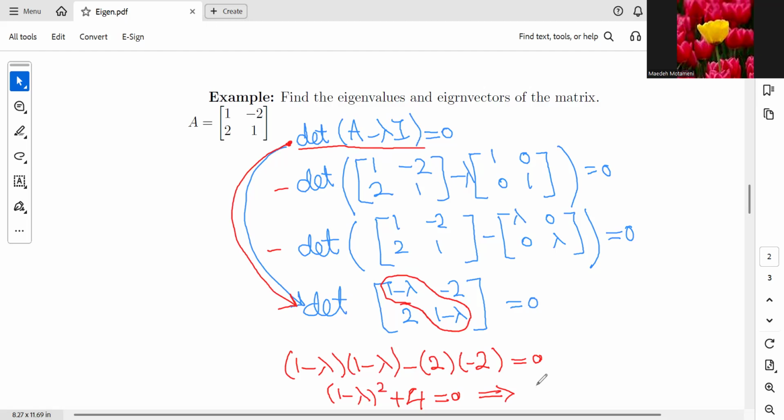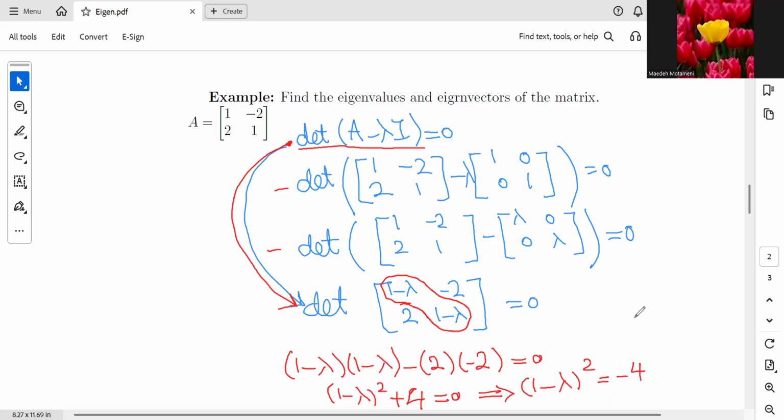We can subtract 4 from both sides, so we're going to have negative 4 here. We know that the square of whatever we have cannot be equal to a negative number in the real set, but it can be done in